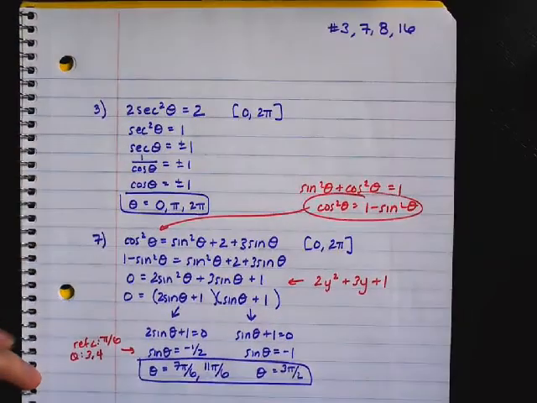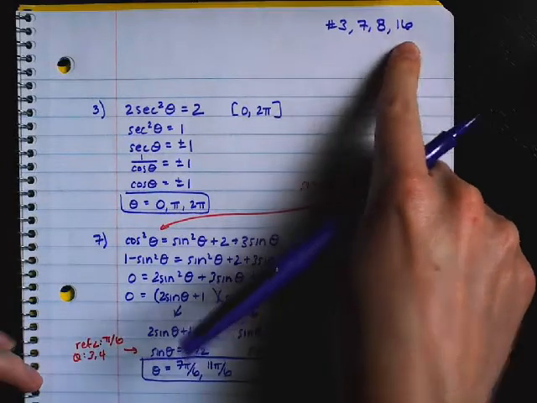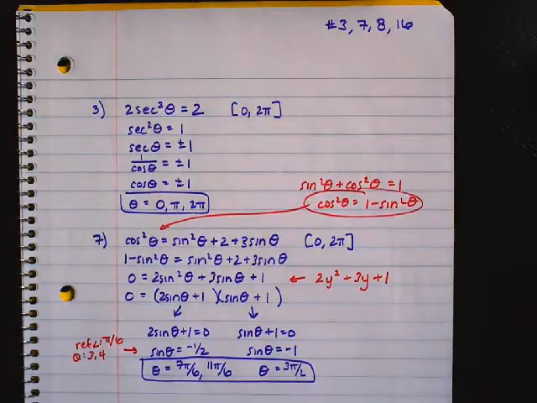So again, remember, we're going through number 3, number 7, number 8, number 16. We just did 3 and 7. I'm going to now jump to a new piece of paper, and we're going to do number 8 and number 16. Okay, so number 8